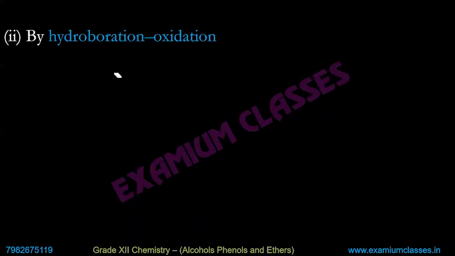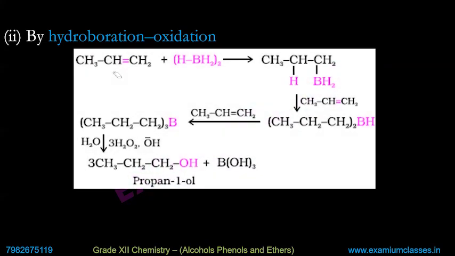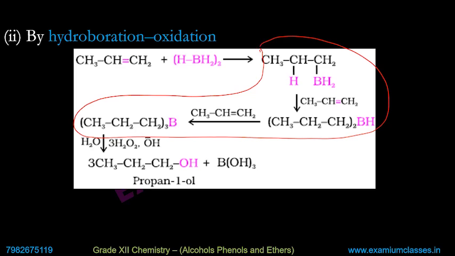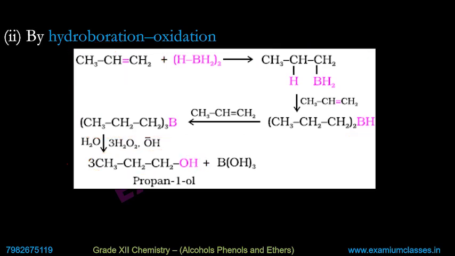Next is hydroboration oxidation. It is a slightly typical reaction. In conversion reactions, you will omit these parts and just write it once, and then write just this from here to here in conversions. But if it is asked as a preparation method, or in any other form, you will write all the steps. So what happens? You have alkene. Again, we are talking about preparation of alcohols from alkenes. So the second method is